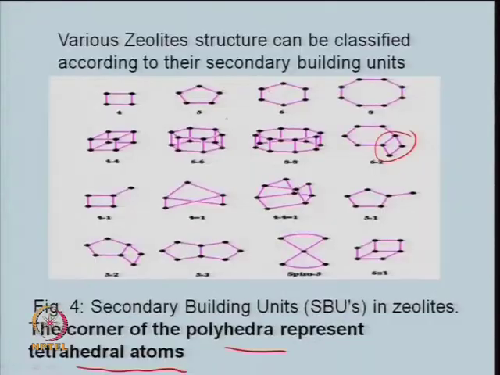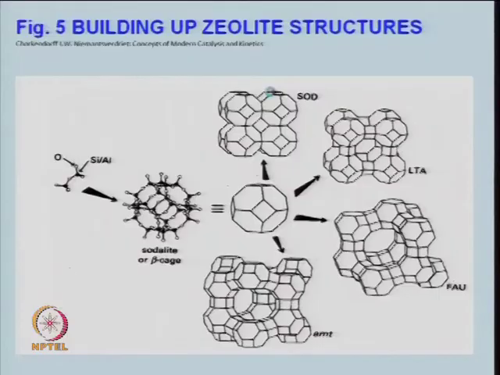So, once this structure formed, then secondary, as I said, that sodalite cage. So, you get a different kind of sodalite cage structure, and they have been named like that, right. But I was talking Faujasite, Linde type, right, zeolite A, sodalite cage, right. So, there are different kinds of structures of the zeolite, erionite, and so on, right. So, zeolite A, zeolite X, zeolite Y, what we are talking about, and these depend upon that this